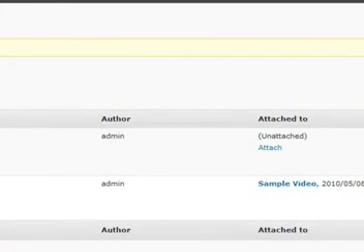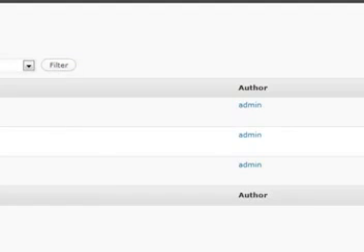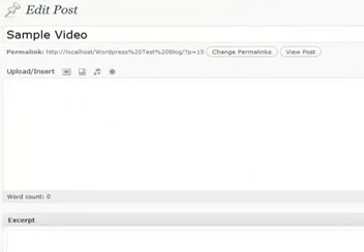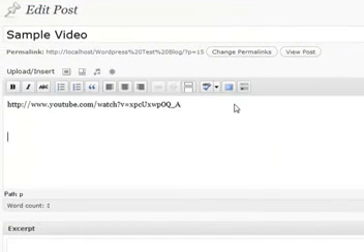Now if I actually go to the post, sample video, and I enter a shortcode, and a shortcode is basically a special code that allows WordPress to convert things automatically for you, and it's called gallery, and it's built into WordPress automatically. This will convert all of my pictures and images that I have put and attached to this post into a special gallery for me. And so I hit update,